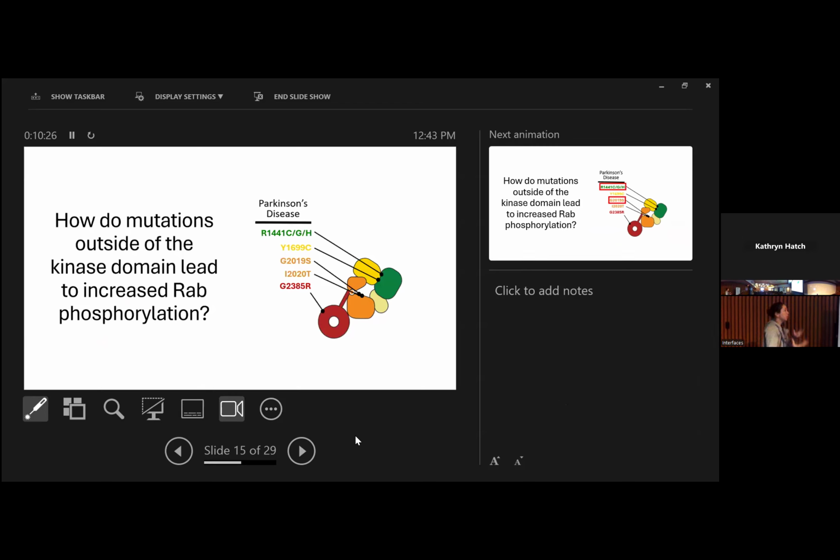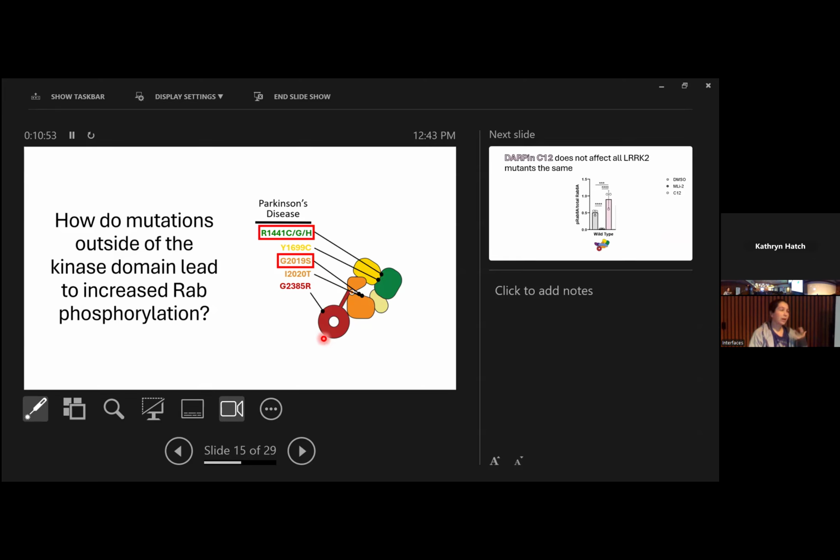And so, of course, the next question was, is this true across different mutants of LRRK2? And if so, how can we use DARPins to see how those mutations that are not in the kinase domain actually lead to an increase in Rab phosphorylation? Because one of them is over here on a protein-protein interaction domain. How is that actually leading to increased Rab phosphorylation? And so we chose two of the most common mutants in LRRK2, R1441H, which I'm going to use because that's the version that we had in our lab, and G2019S